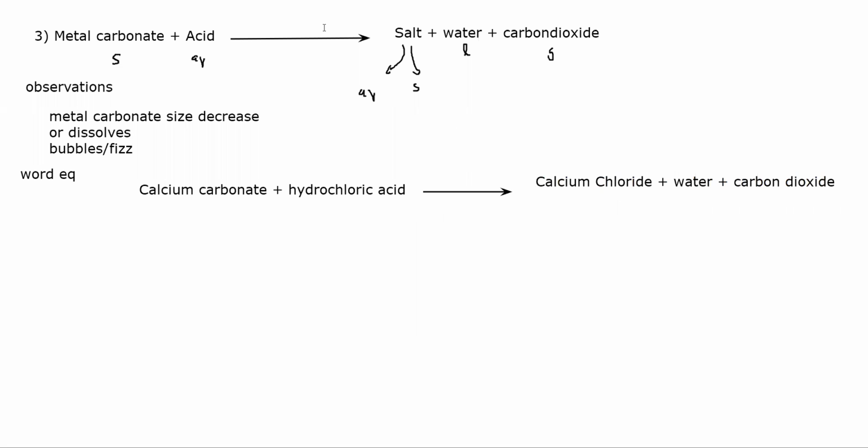This is a word equation. Metal carbonate is in a solid state, hydrochloric acid aqueous, gives calcium chloride plus water plus carbon dioxide. This is a word equation. Now, if I want to write a symbolic equation,